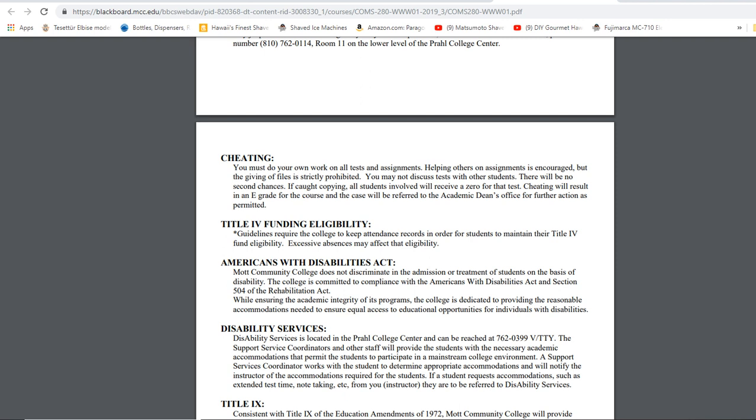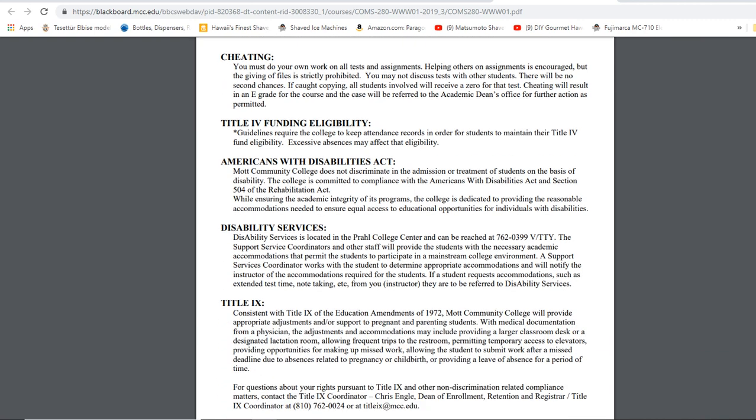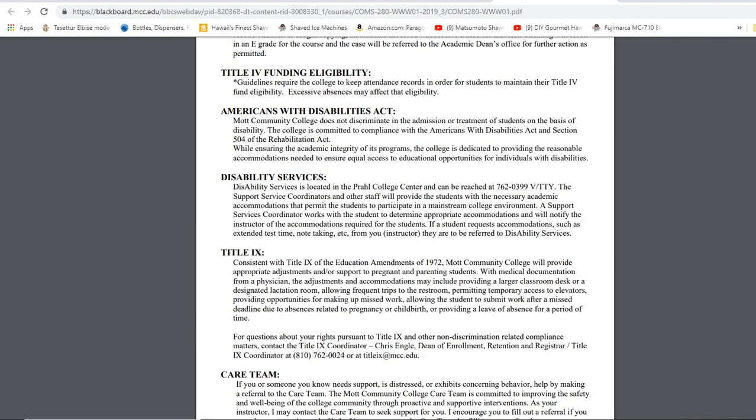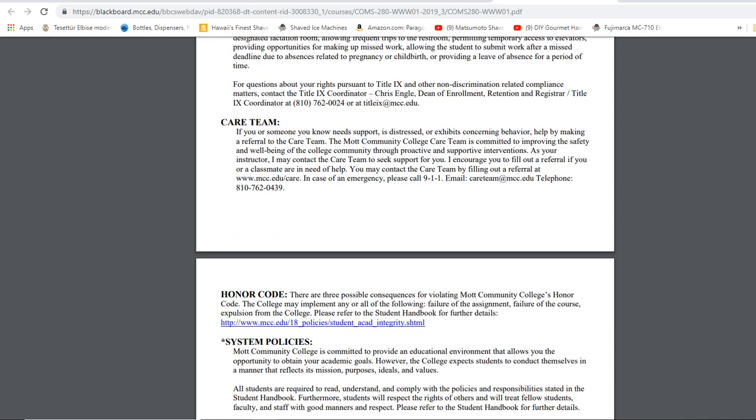Disability services are available if you qualify for anything or need any help with that. Please contact them ASAP. They'll give you the instructions. Get hold of me, and I will do the proper accommodation needed. A care team, if anything personal happens, hopefully nothing major happens to you, but if it does, we have a care team, which are specialized people here to help you, to provide help at no cost to you. And also your identity will be at all times anonymous, so nobody will know about it. Hopefully nothing happens, but it's the best way to ask for help if you need help.